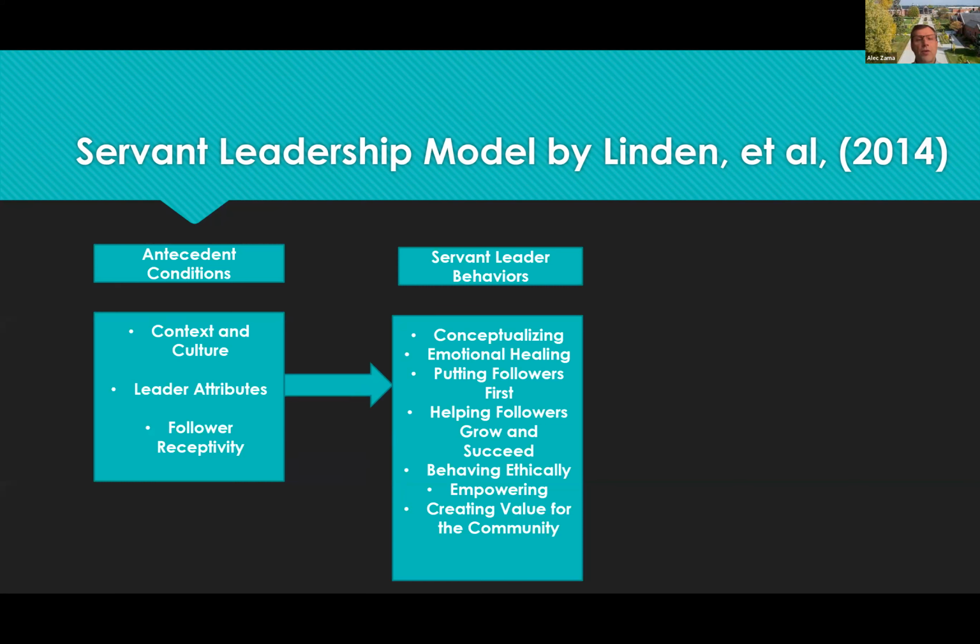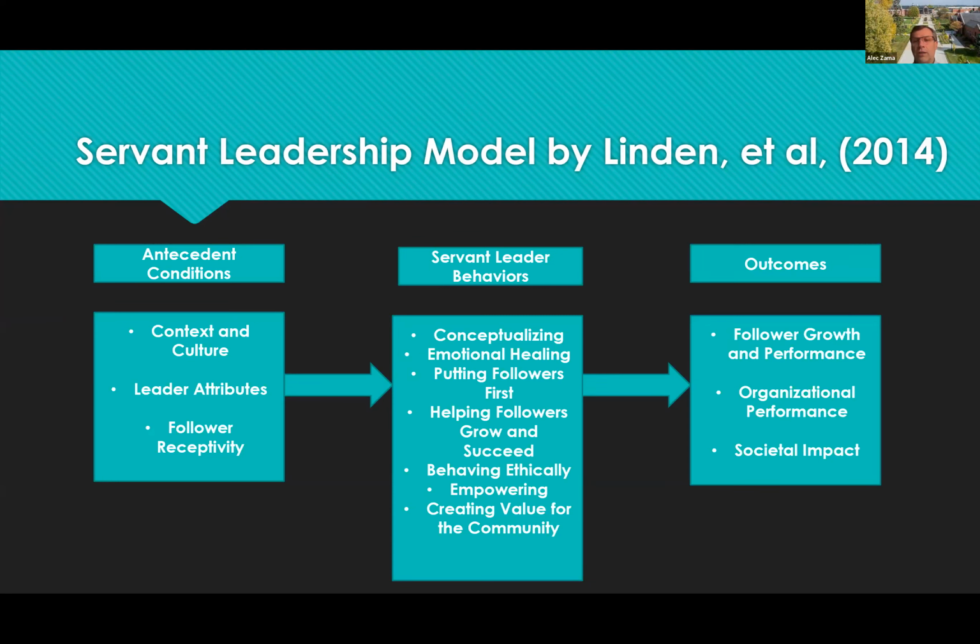So if these three antecedent conditions are present, then they will have a positive impact on the leader behavior. And then the leader behavior will have an impact on the outcomes that are listed right here. So there are three outcomes. The first one is the follower growth and performance. When antecedent conditions are present, good context and culture, followers are receptive, and leaders have what it takes in terms of traits to engage in the servant leader behavior that we outlined here,